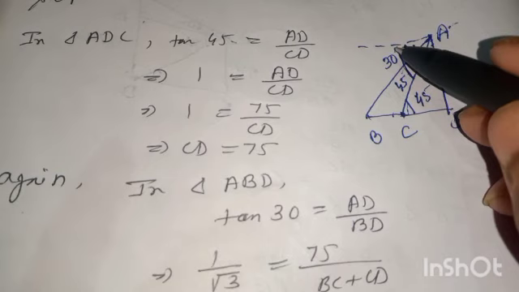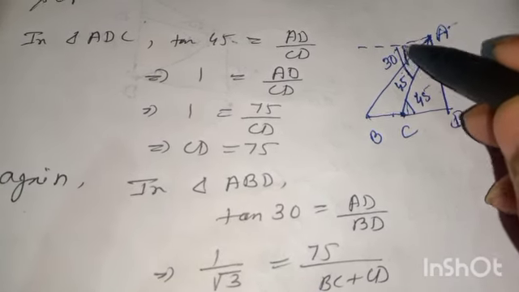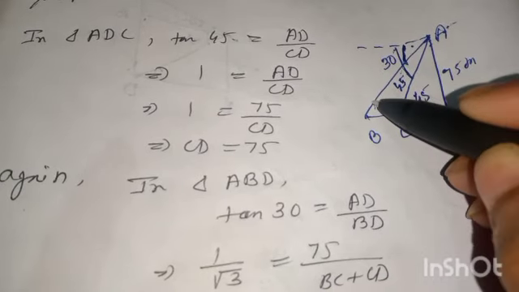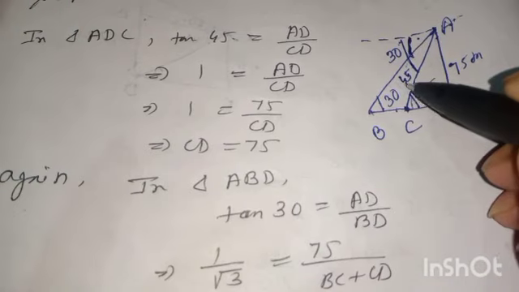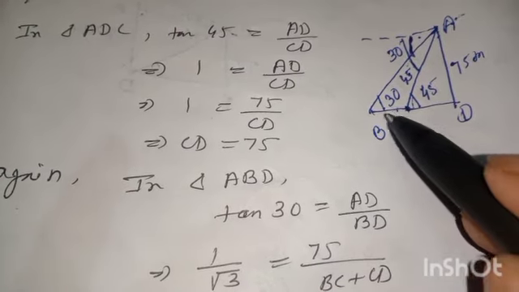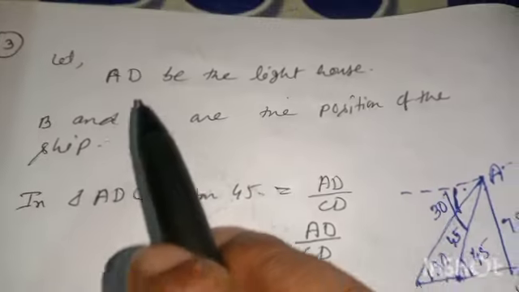Now similarly, actually this angle is 30, okay? This whole angle means this 45. This angle will be equal to this angle. This is how much? 30 degree. I think all of you understood this one. Now what do you need? You need to find the distance between these two ships. Okay. Let's see the explanation.